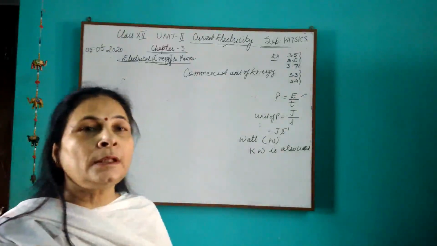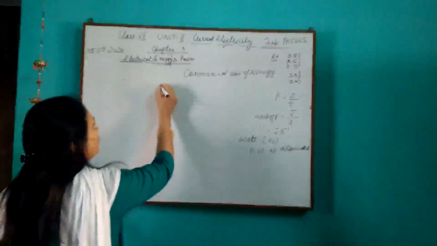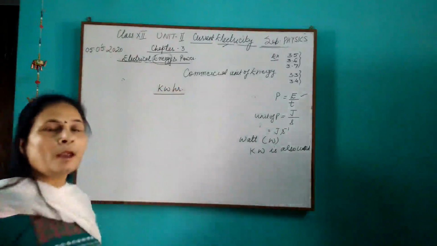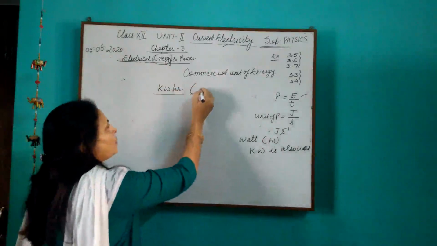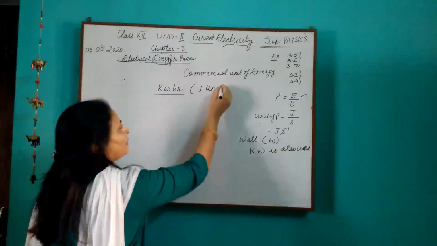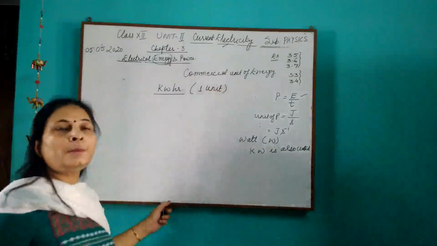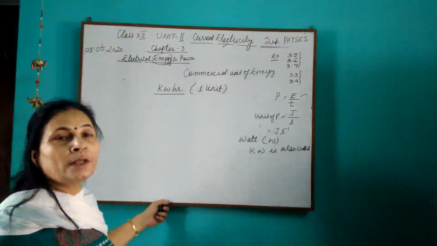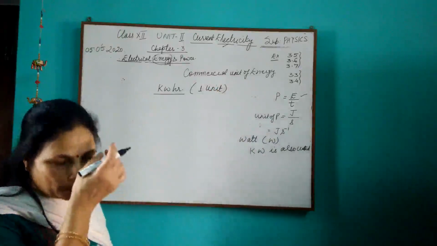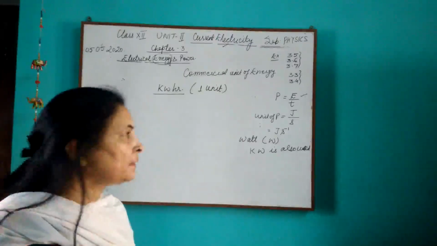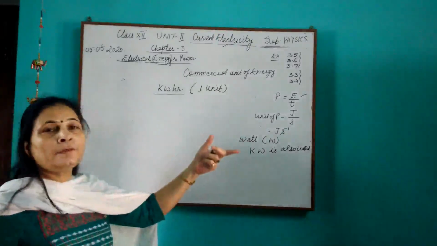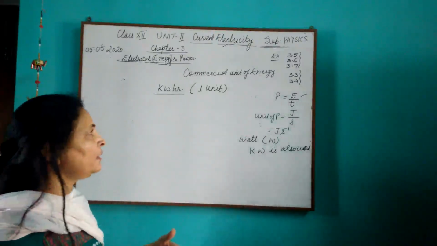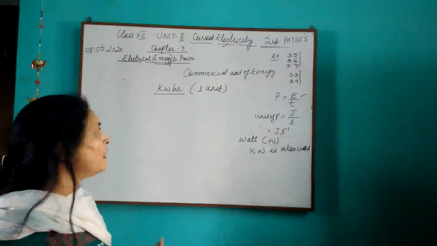That is determined in terms of kilowatt hour, which is known as 1 unit. The electricity bill which we get is in terms of units, that is, how many units have been used during the month. The money for 1 unit is multiplied with the units we have used, and accordingly the bill comes.